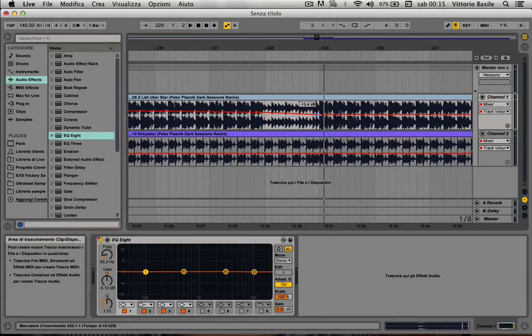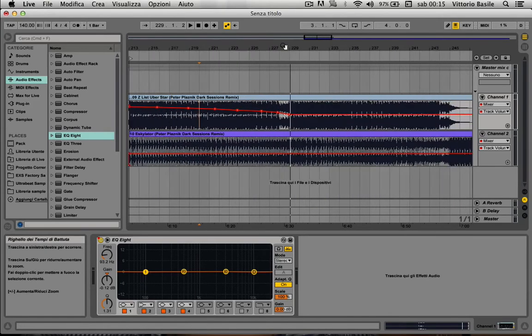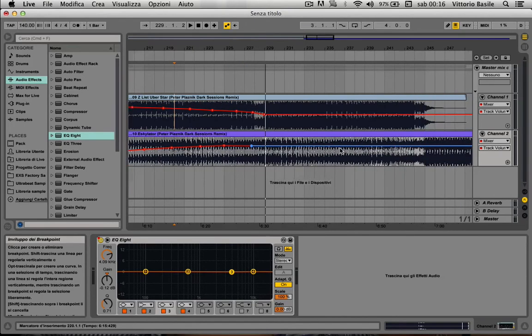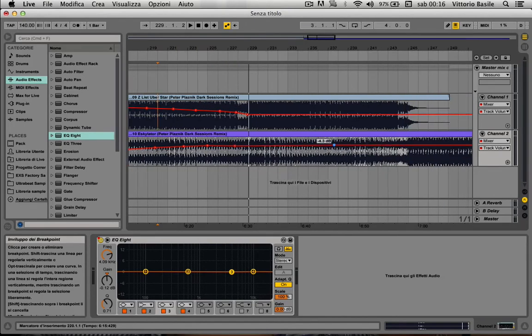I can decrease. There we go. The opposite I have to do for this track over here. I have to raise it slowly, slowly, and slowly. Here we go. I think this could be pretty fine for, alright,